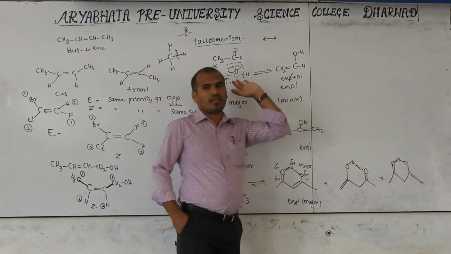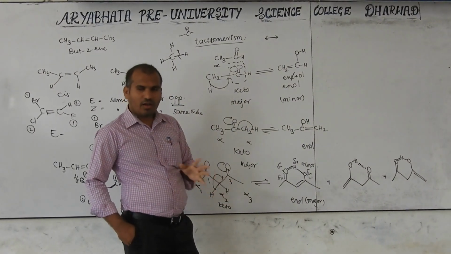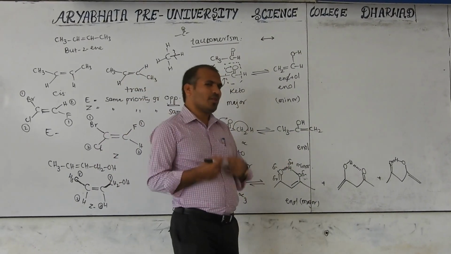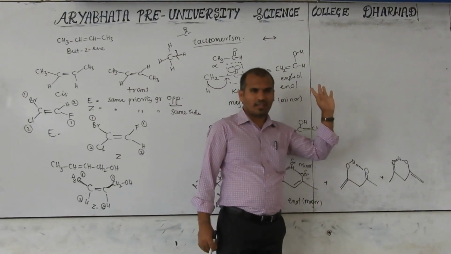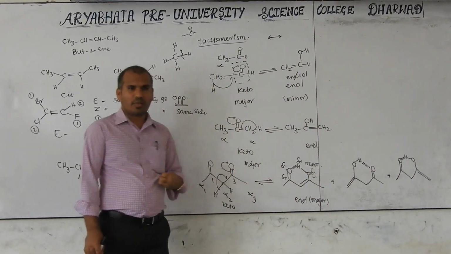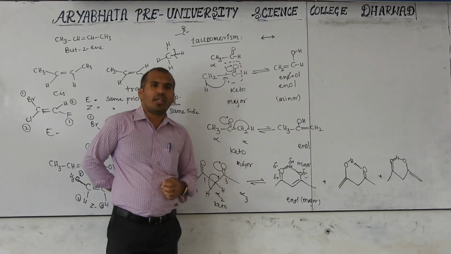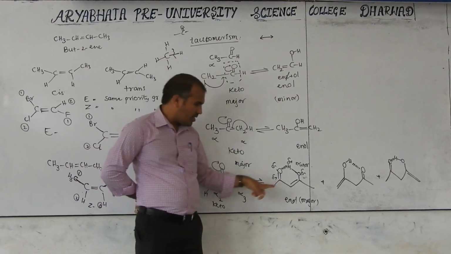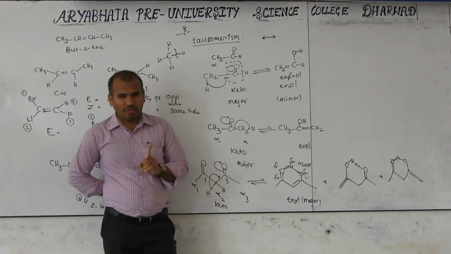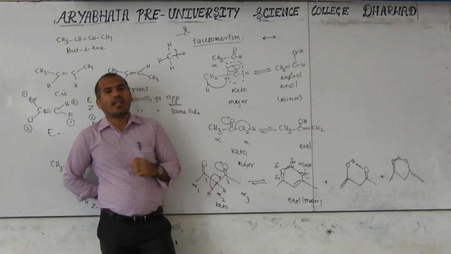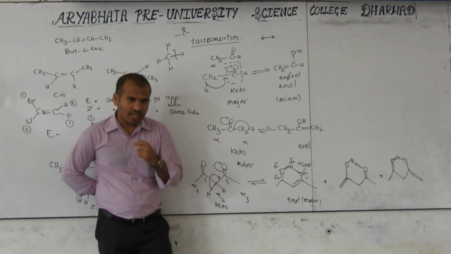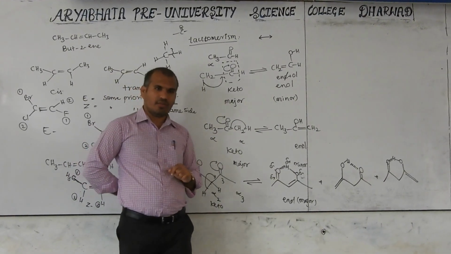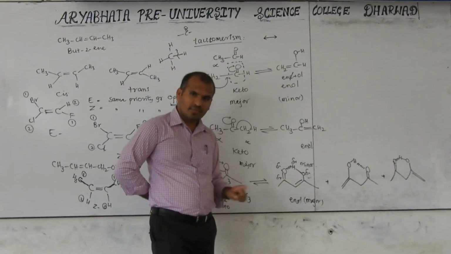Now in these three, which is major, or which is the more stable form? All are equal. If somebody doesn't know, you may answer all are equal, there is a D option. Somebody who doesn't know at all will answer A, somebody B, somebody C. But how to identify which is major? You know that in alkenes, the most substituted alkene is major. Now observe here, this is a double bond, and conjugated ones are also more stable. I explained in the alcohol elimination and dehydration part that a conjugated alkene is more stable than even the most substituted one. Now double bond, single bond, double bond, then which one?